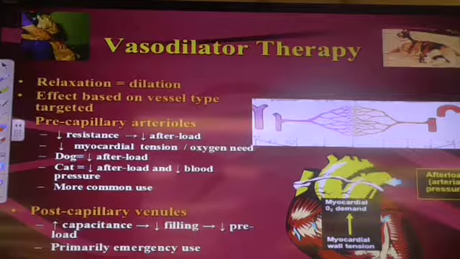The only way we can manipulate systemic blood pressure is on the other side of the heart, by decreasing afterload. So if we decrease preload, we're going to decrease the filling of the heart. And we simply do it generally by increasing the capacitance of the veins. We simply are moving the blood away from the heart into the veins. That's all we're doing here.